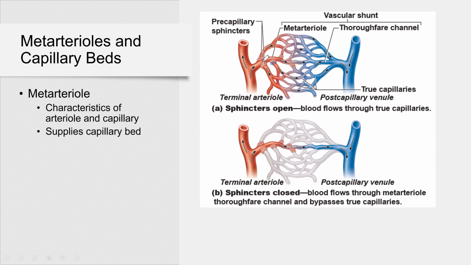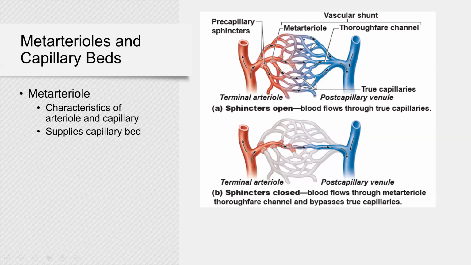And when those sphincters are relaxed, muscles are relaxed and sphincters are open, blood from the terminal arteriole is going to enter this capillary bed. So you can see lots of blood goes inside these capillaries, and this is the metarteriole, and blood goes through the metarteriole, and it goes through capillaries, and then it is picked up